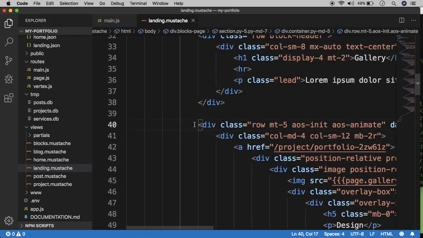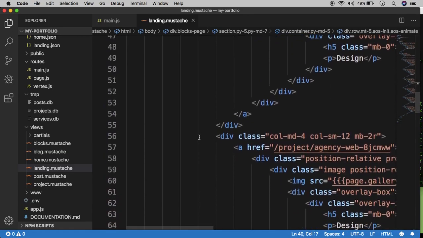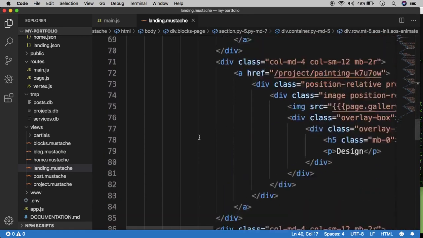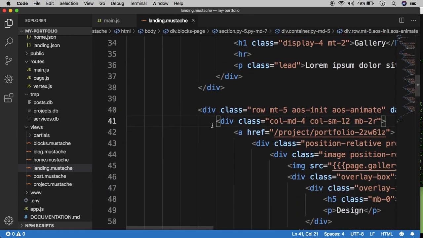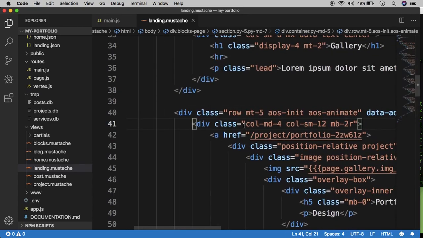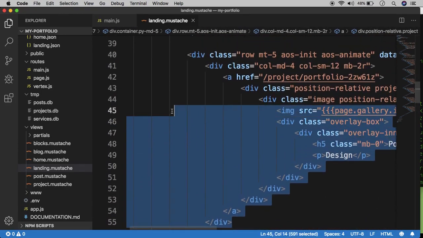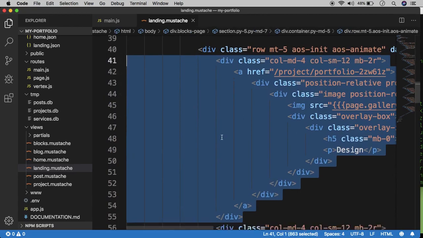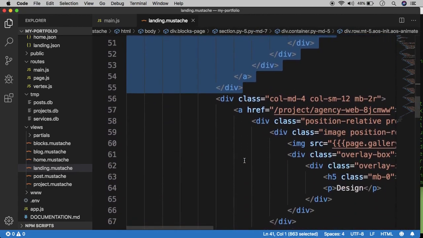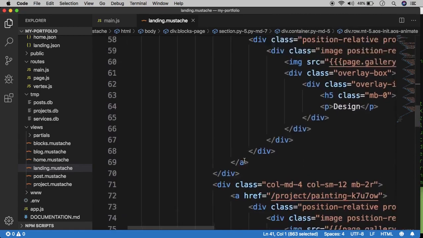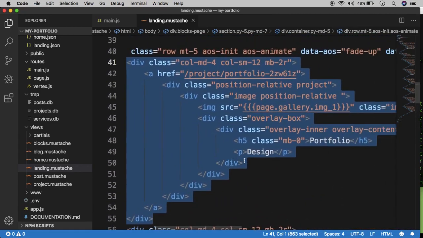If you click on this div and then go down to where it closes, actually that's the wrong one, this one right here, this div right here, and scroll down to where it closes right here, this whole thing represents one project. And everything else after that represents the following projects. If I take a look at this, it says